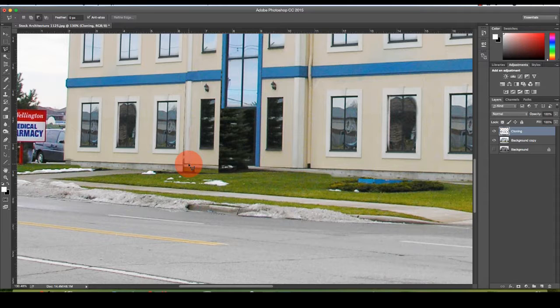So I want to come over here and pick here and come back up and over like so. And we're going to use the clone stamp tool to get some of this white over here, but I want a small brush to pick up the white coming down like that. So I'm going to hold down Alt. I'm going to pick right here on the edge, and I'm going to paint right down here on the edge,